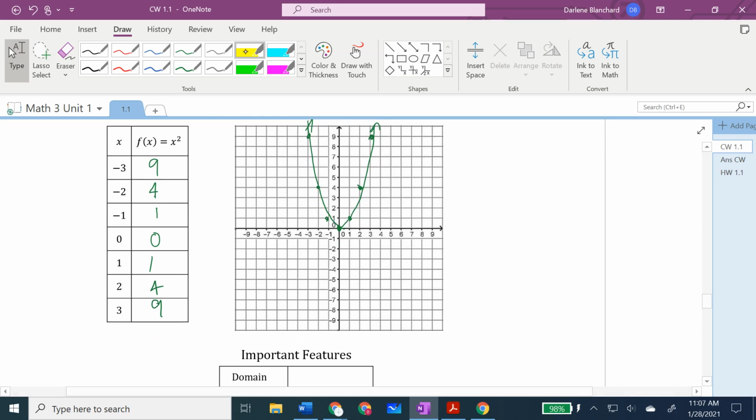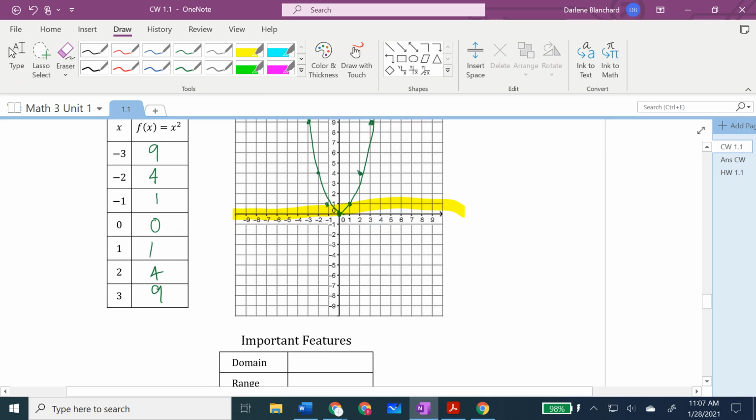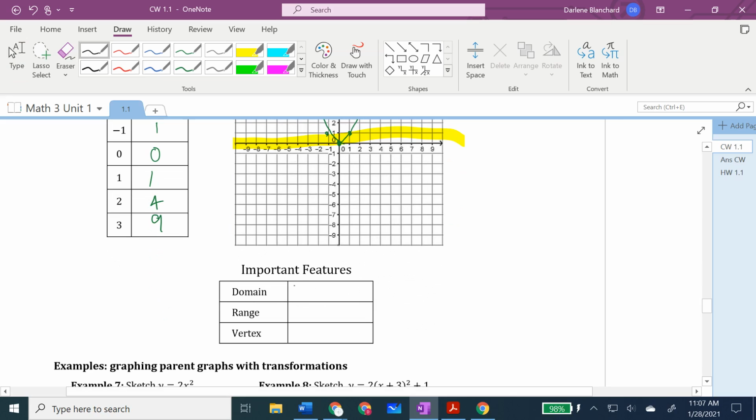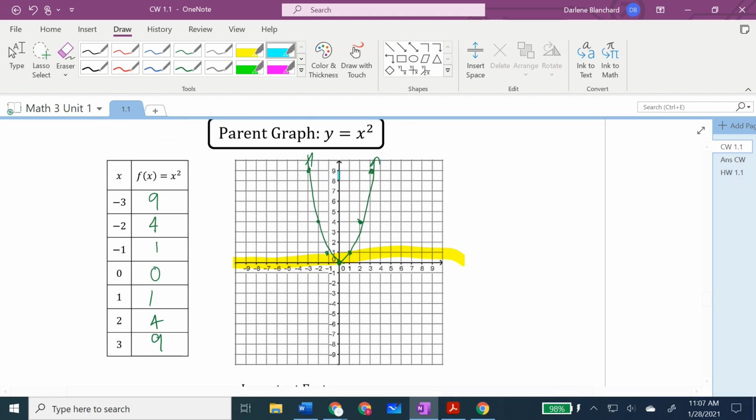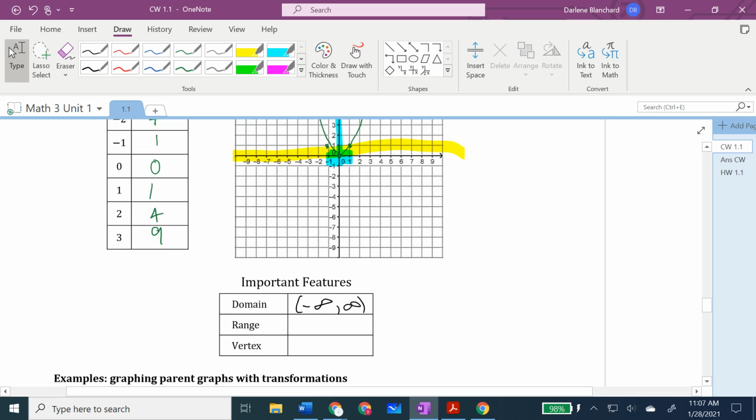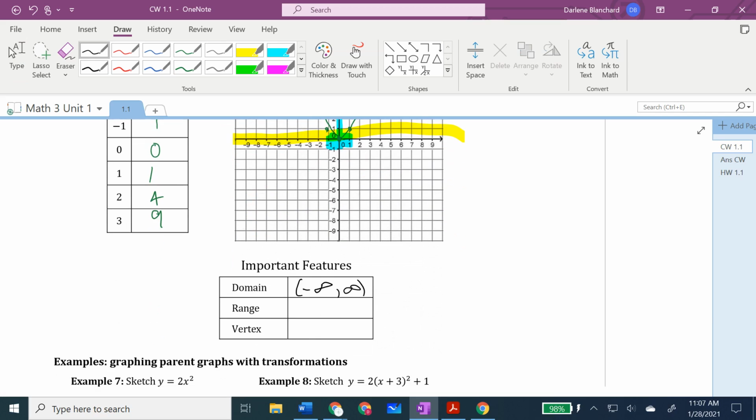The domain is all real numbers. So that means from -infinity to +infinity. But vertically with the range, it only exists where y is 0 and then positive. So I include 0 and go to infinity for the range. And then the vertex is the point (0, 0). And I do want to point out that